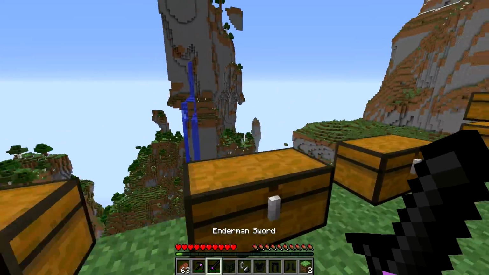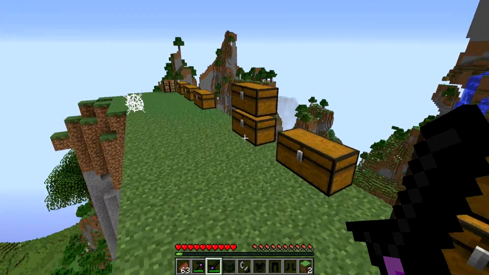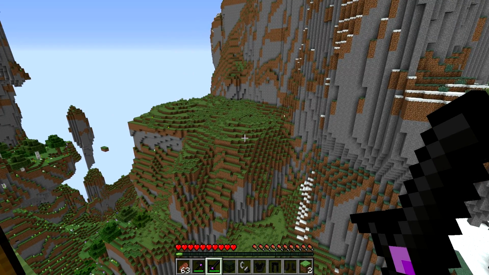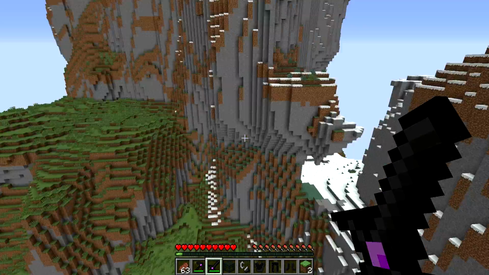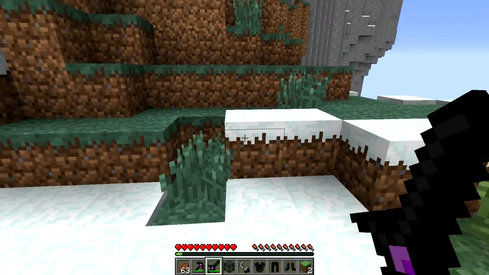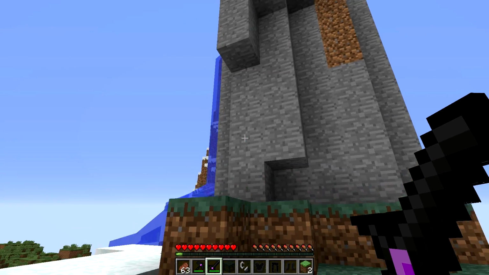But now let's move on to the Enderman Sword, which is really cool in itself. It acts as an Ender Pearl. Check this out. Look at this. I hold shift, look at a block that I want to teleport to, and then I right click. Look at this. Now I'm back over here. And of course, whenever you're teleporting, it does use up durability,